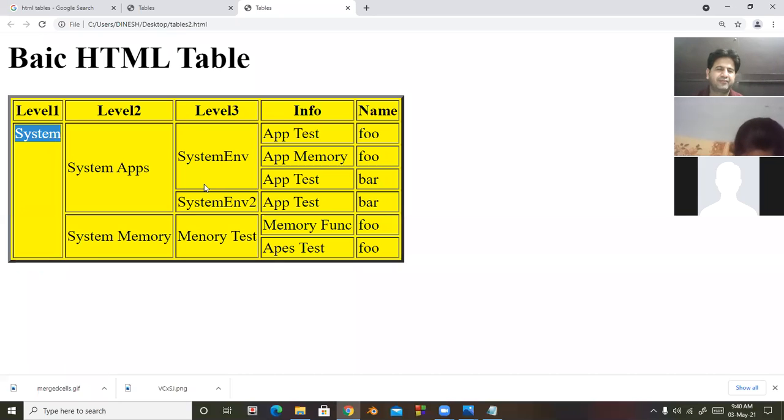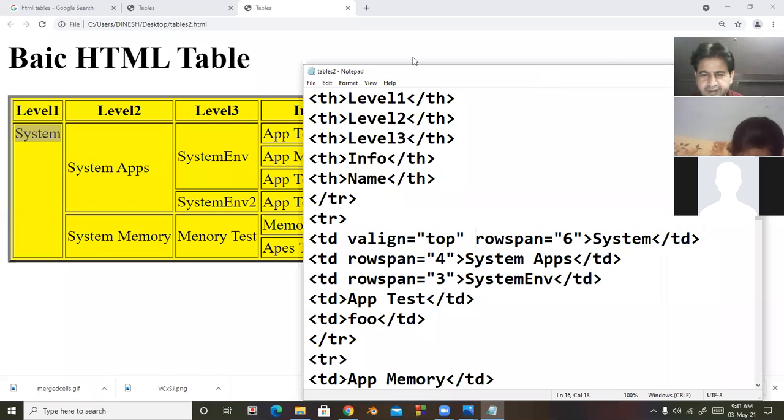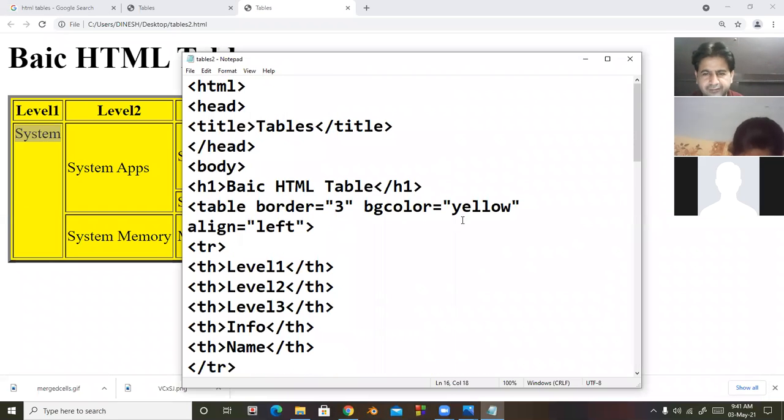Next is, if I want to display only the outer lines, you can say the outside border, not the inside border, I want to set that. There is one attribute of the table tag, that is frame equal to above.